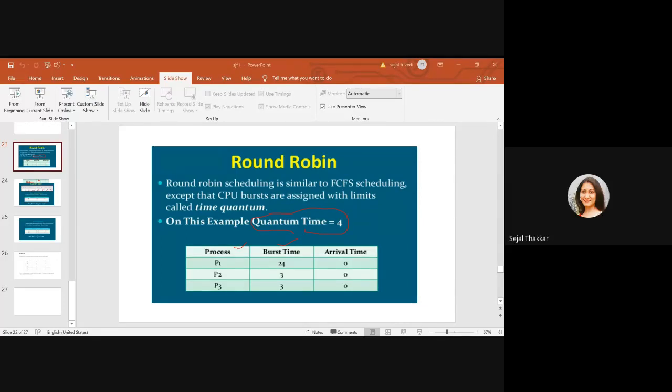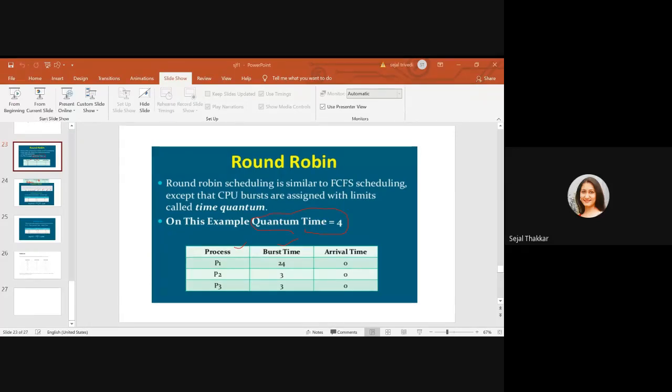So at time 0, P1 has arrived, so we proceed with P1, and it is first come, first served. Here also you can see the sequence P1, P2, P3. So for 4 units of execution, P1 will execute. After this, P1 cannot execute because the time quantum is 4. So the next process, P2, is going to execute for 3 units. It doesn't need 4 units, it needs only 3, which is less than 4, so it completes its execution. Then P3 arrives, it also needs less than 4 units and the time quantum is 4, so P3 will also complete its execution for 3 units.